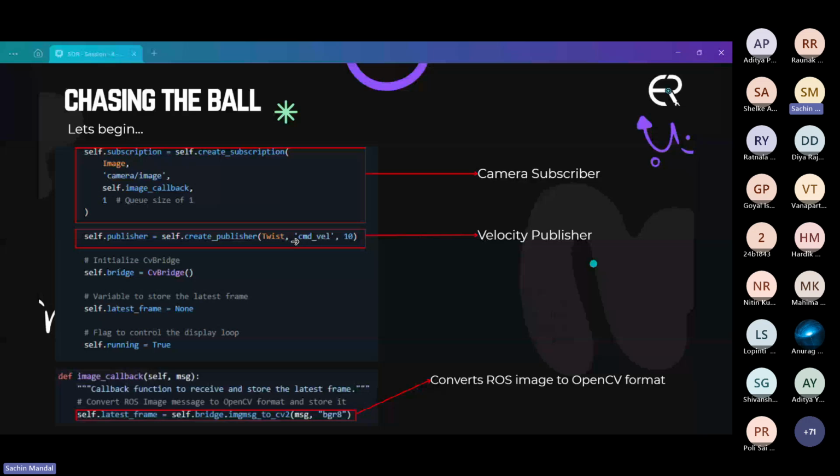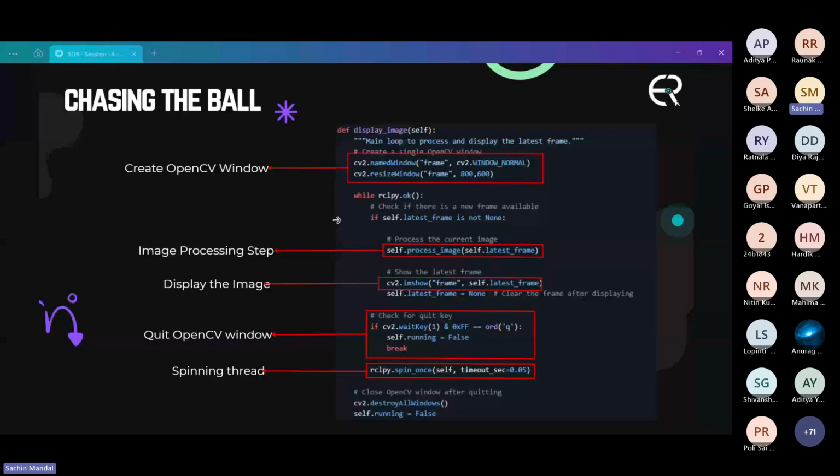It's different from the normal RGB. Then we will create a display image function and add an OpenCV window to show the detection. Inside the loop, we run the image processing step and display the image which received the latest frame. And for quitting the OpenCV window, we define another function here.